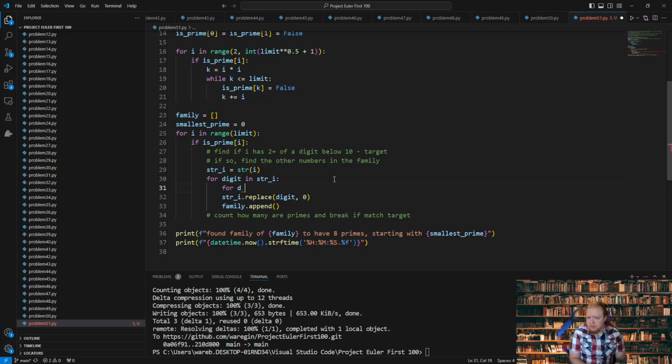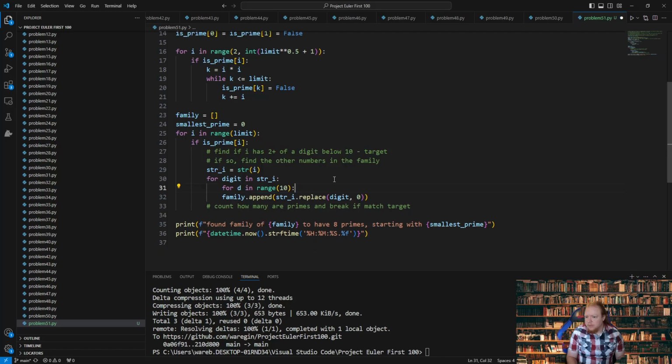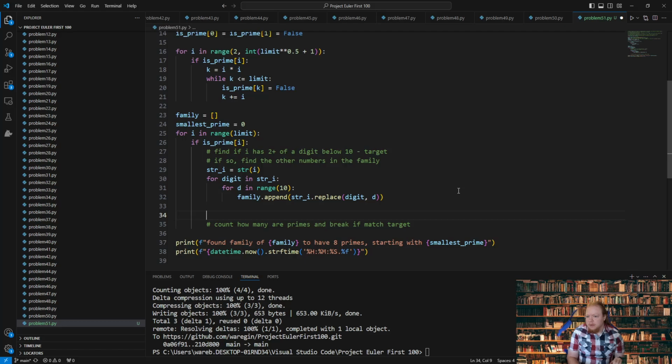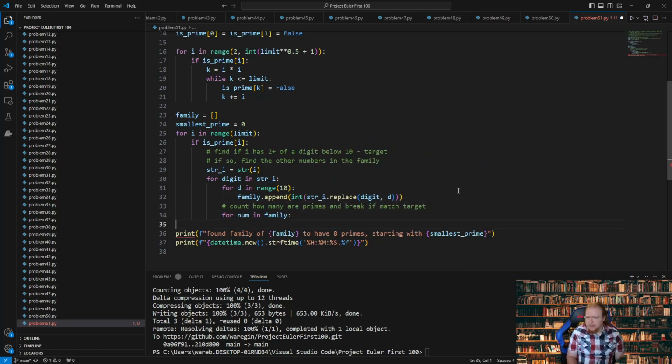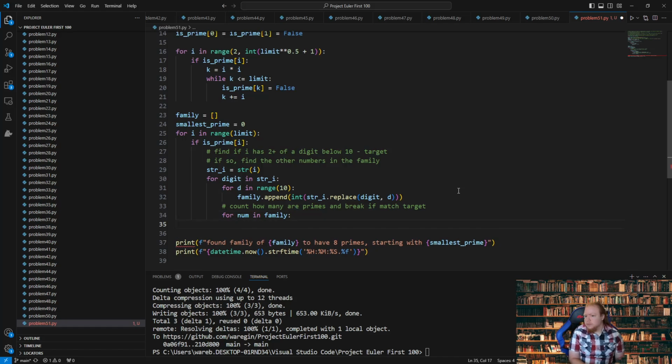then for D in range 10, we're basically going to replace the digit with D, which in some cases will probably... okay, and then we do this part right up in here. And we actually want this to be an integer, so is prime num